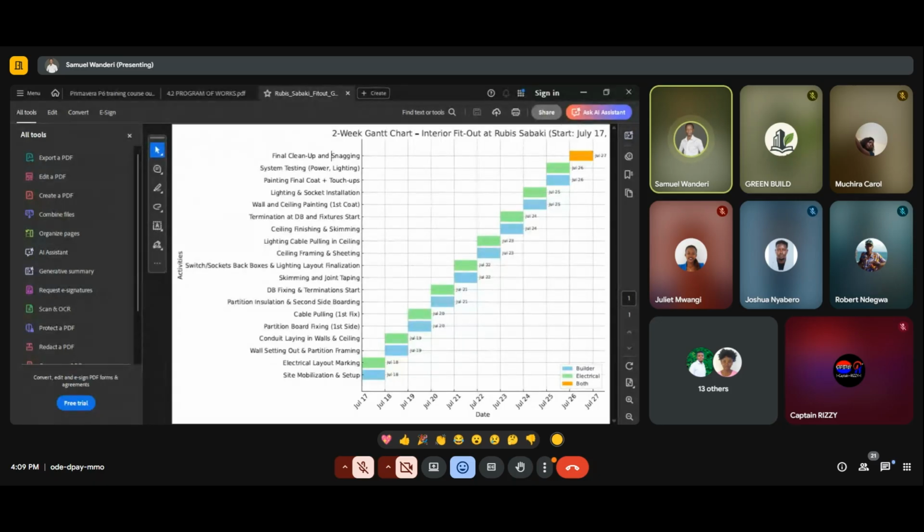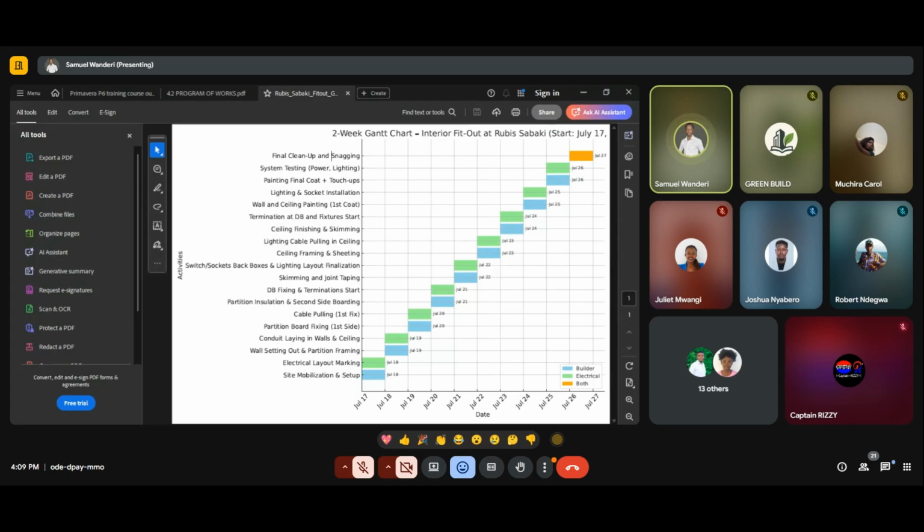Down there, we have the dates. On the upper side, we have just the naming of the project. And also we have these elements showing the task that will be done, then the duration, and also for